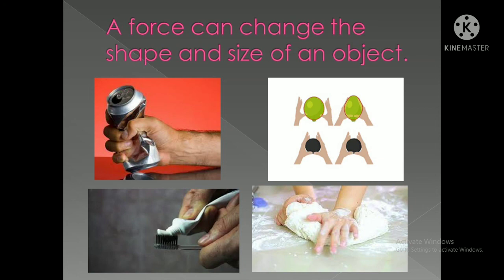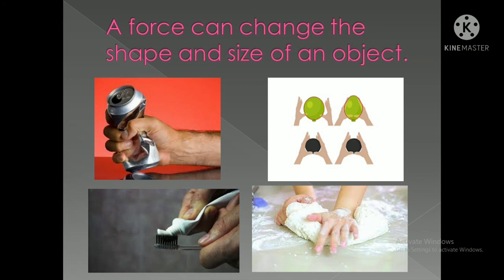Next, see the balloons. Two balloons are shown there, one green and one black. Both are being pressed to change the shape. The smaller balloon will change less and the bigger balloon will change more, because it has more air inside it, isn't it? So when he or she applies force with the hand, the shape of the balloon is changed when it is pressed down.